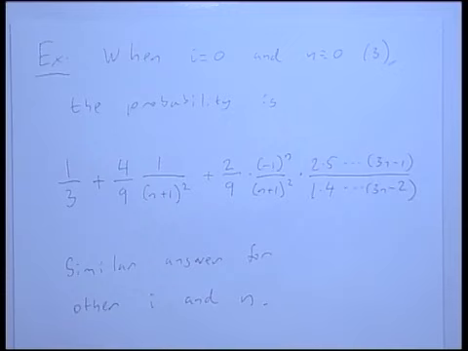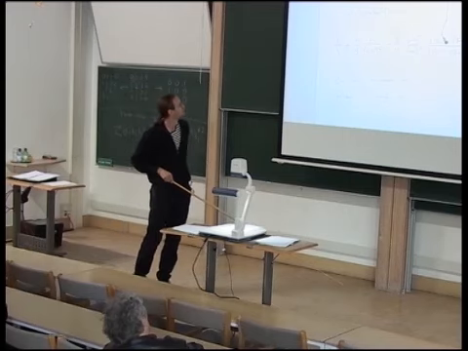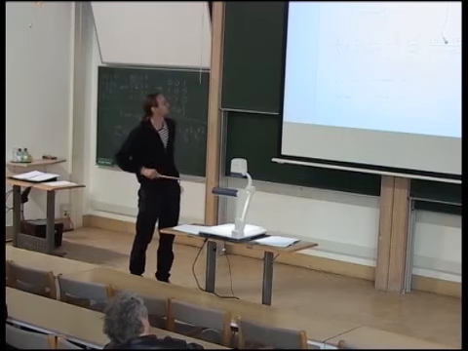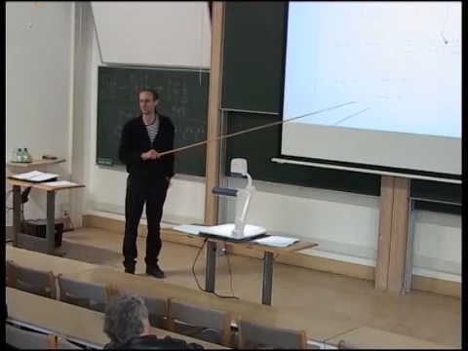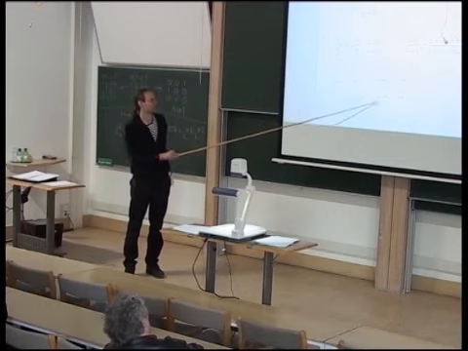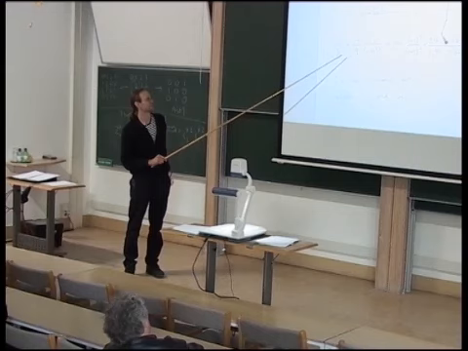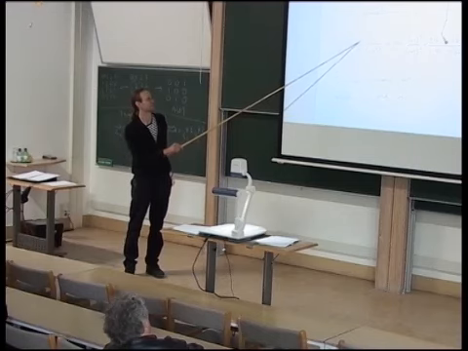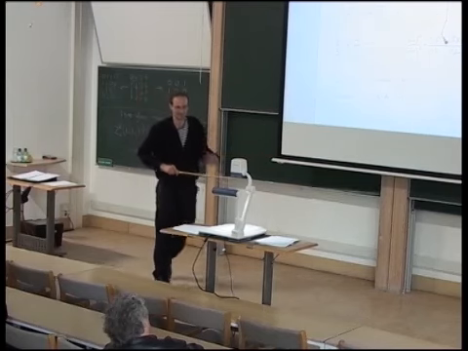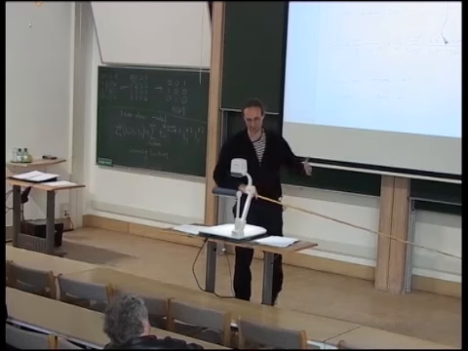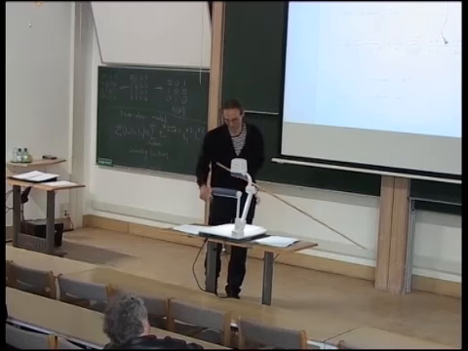If n is even, it doesn't add up to 1, big probability. Or they're different, of course, for other i's. Sorry, yes, I take it back. So I didn't write down the complete answer, but for other i and other n, you have essentially the same thing, but maybe this 4 will be a 2 and this 2 will be a -1 and so on. Yeah, exactly, to make it add up to 1 in the end.